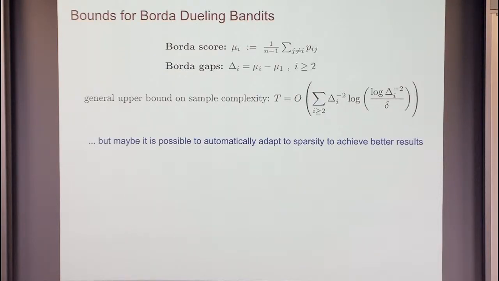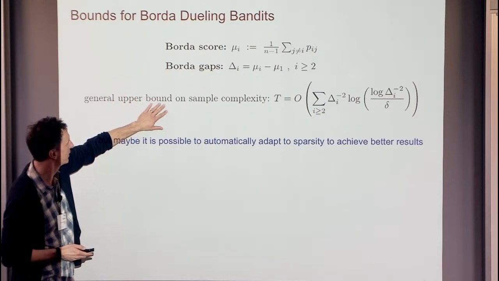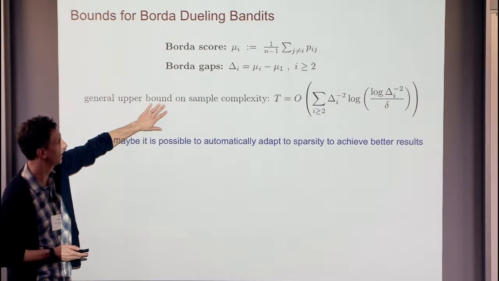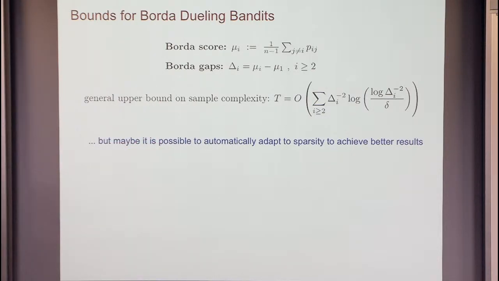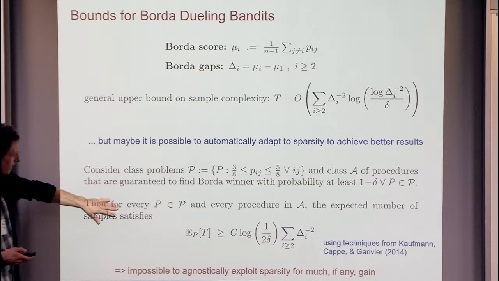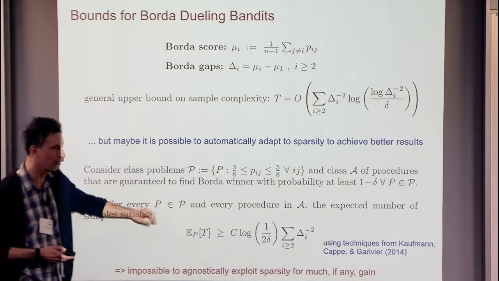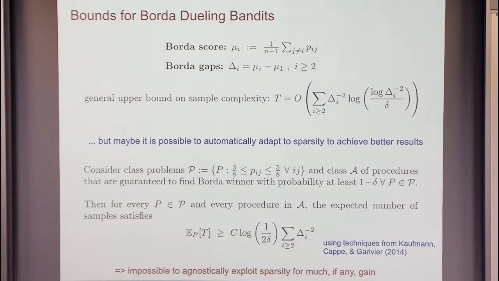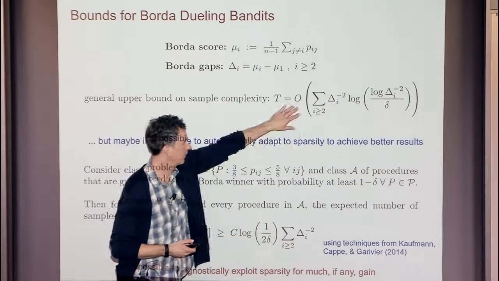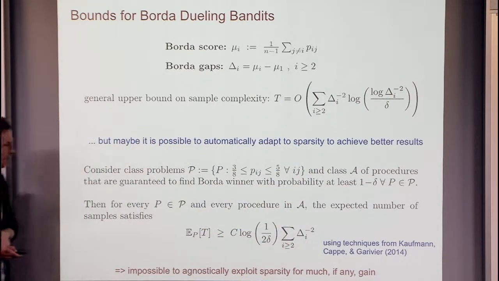And so we want to exploit that sparsity. And this is the idea. Again, for the Borda gaps, the Borda scores, we could do what we were doing before with the LIL, but we want to know, could we adapt to sparsity? The long story short is not agnostically. If you use some of Aurelien's very nice work, you can prove a lower bound: if you want an algorithm that gives you this delta confidence for all P matrices, regardless of whether they're sparse or not, you're not able to adapt to sparsity. You really have to suffer something very close to this. You can't really improve using sparsity. So really, you can't be adaptive to sparsity agnostically.